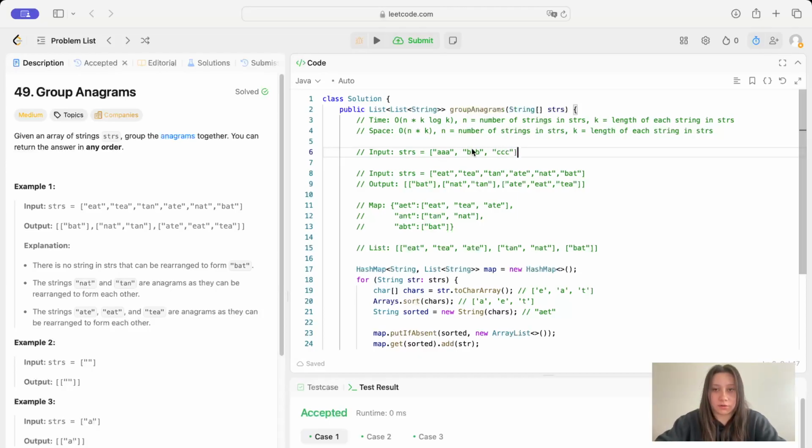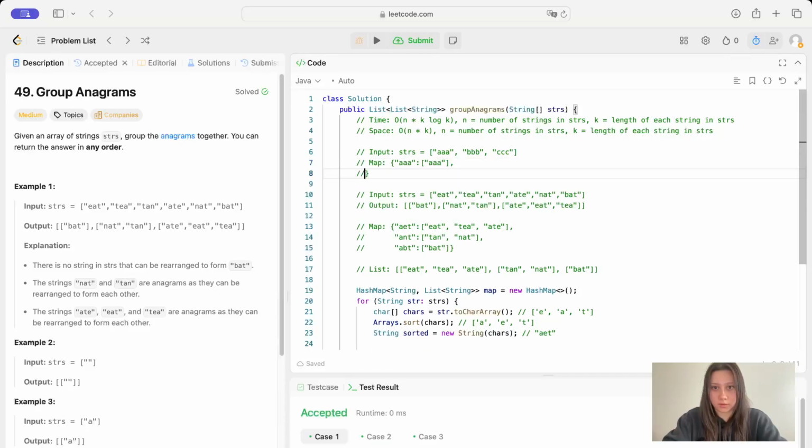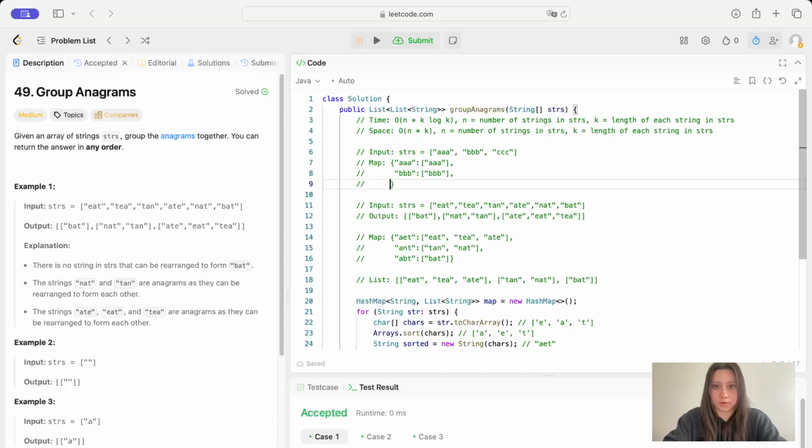And so every single one is a unique anagram in here, where then our map is going to have to store every single unique anagram, right? Like that. And so this is really expensive,